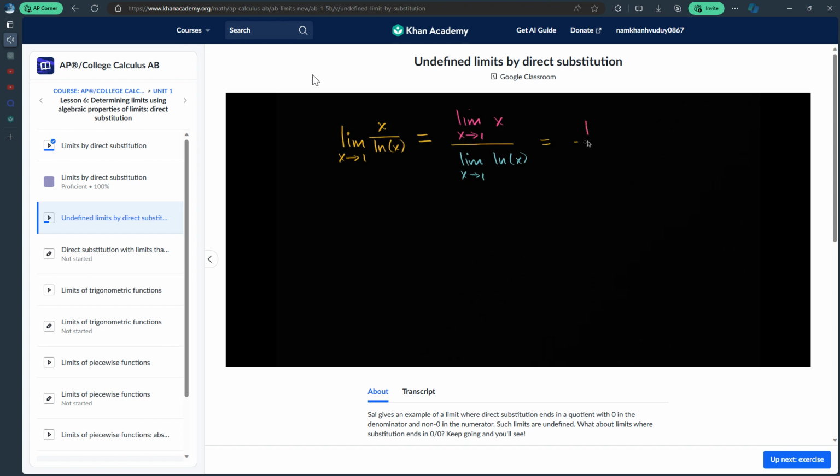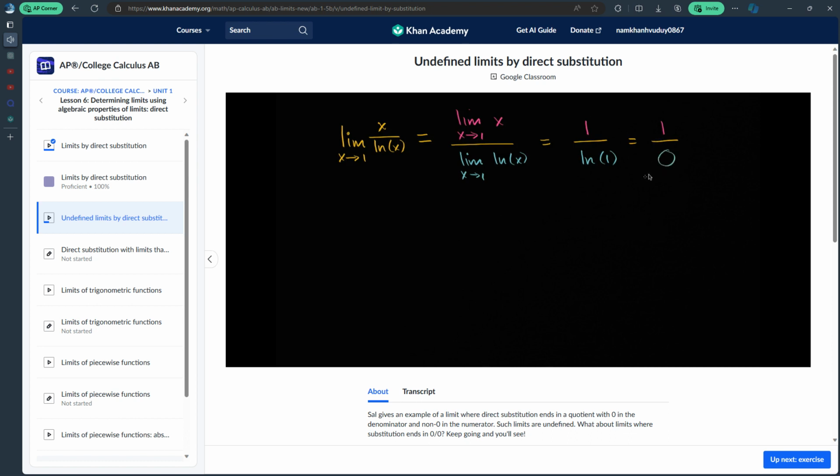And then the denominator, natural log of x is not defined for all x's, and therefore it isn't continuous everywhere, but it is continuous at x equals 1. And since it is continuous at x equals 1, the limit here is just going to be the natural log evaluated at x equals 1. So this is just the natural log of 1, which of course is 0. E to the 0 power is 1. So this is all going to be equal to, if we just evaluate it, 1 over